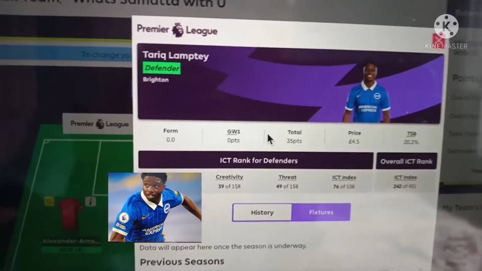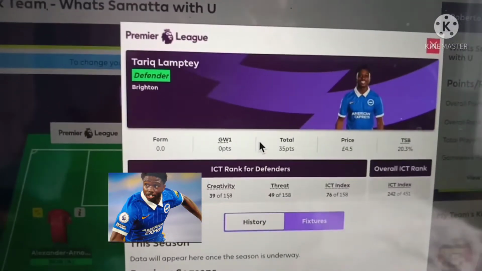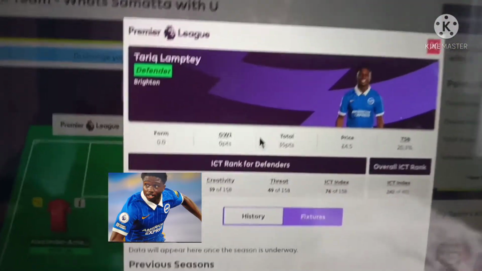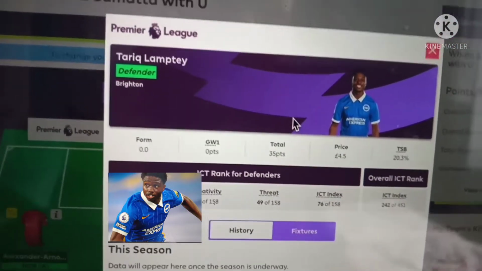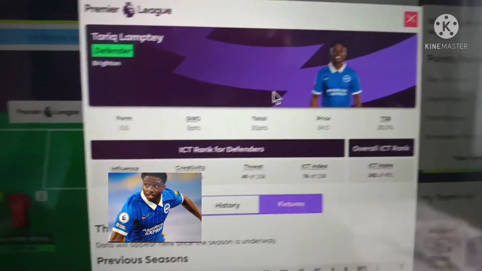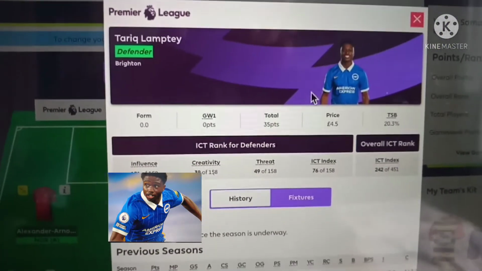Tariq Lamptey obviously was very unlucky last season with injury, but before then he was getting assists week in, week out. He was really playing well for Brighton, and he's very attacking as a fullback. So it looks like a great option at 4.5 million. It seems an absolute no-brainer to get Tariq Lamptey in, and I thought about Dunk, as I mentioned, but he is a little bit more expensive, and you can say that Dunk probably gets more goals, but if this guy is going to play and get more assists, then he could be worth it